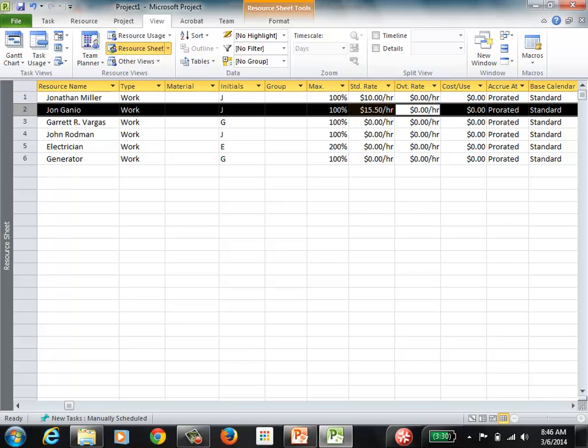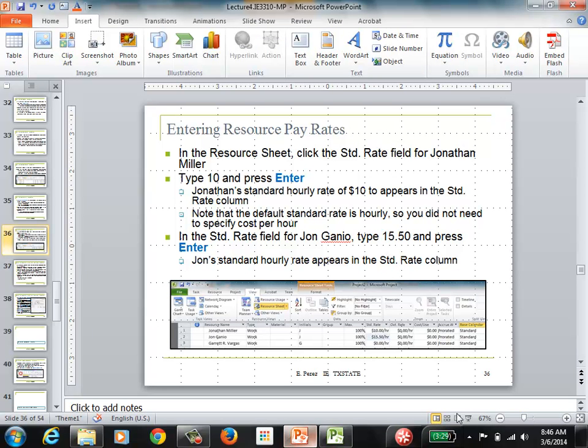And then you have a different rate for this person. And that's how you assign the cost per hour. So again, it's very easy, very simple steps. I guess the hardest thing is to remember where to go to find the things that you need to define. So if we go back to the presentation, the next thing that we want to do